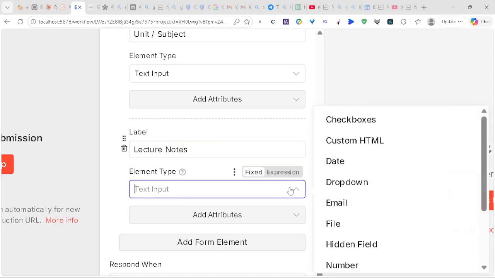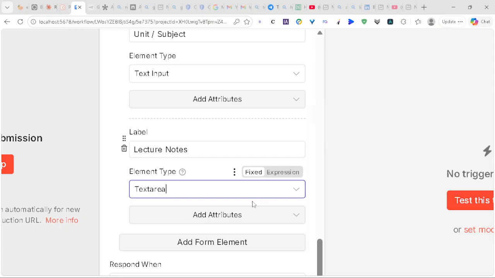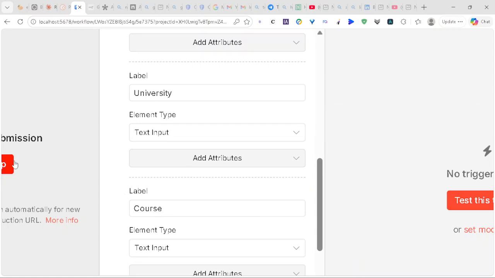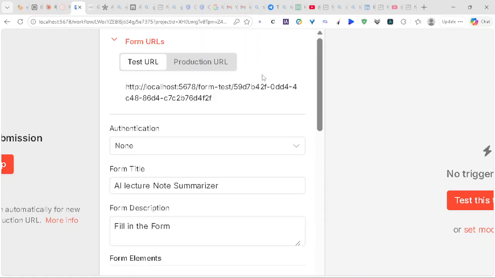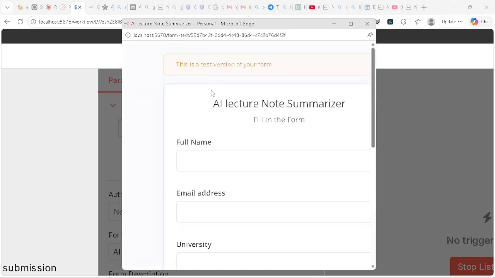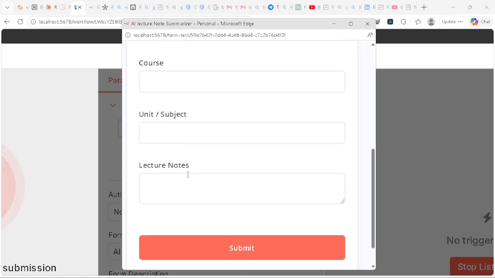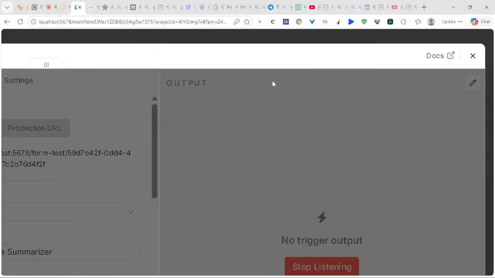The lecture notes are literally a text area. And let's execute it and see it again. AI lecture notes summarizer: full name, course, the unit, the lecture notes. Okay, before we submit anything first,